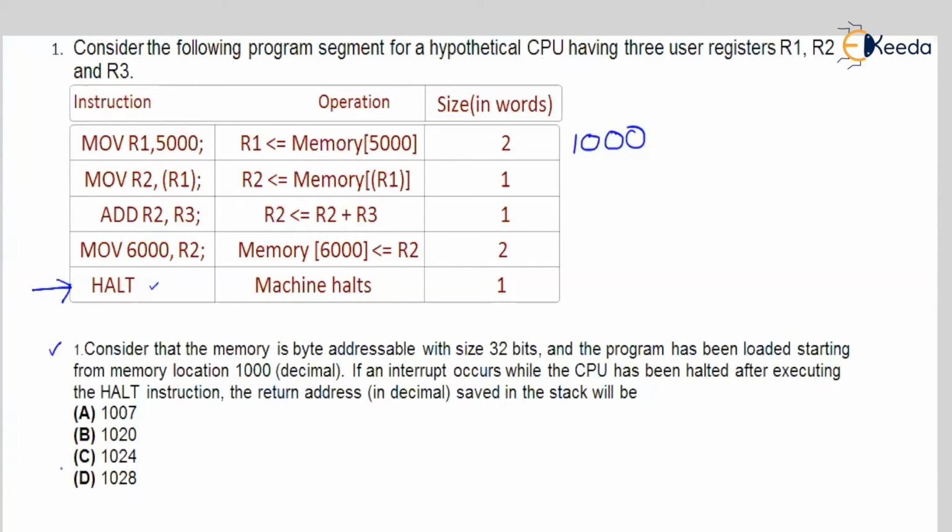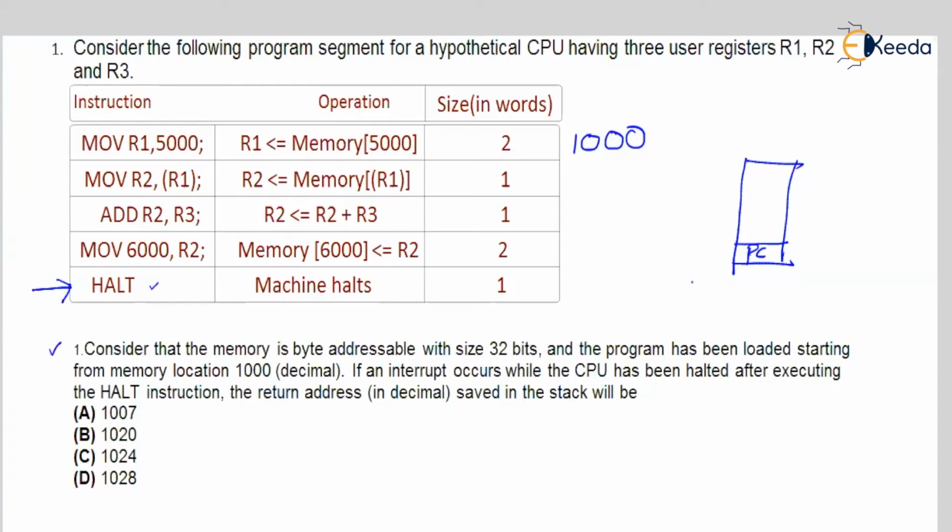Okay, so during which the return address, that's the program counter value, needs to be pushed into the stack. You know that during a branch instruction, when a branch is taken, before we branch to the subroutine's address, the program counter will be pushed into the stack, right? Similarly, during an interrupt also, the program counter value should be pushed into the stack before the CPU executes an interrupt